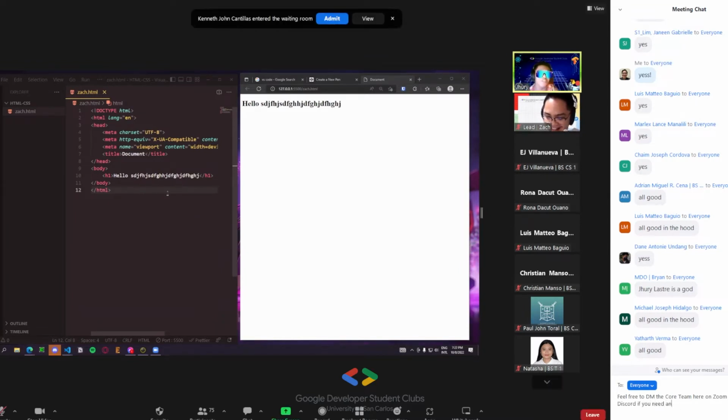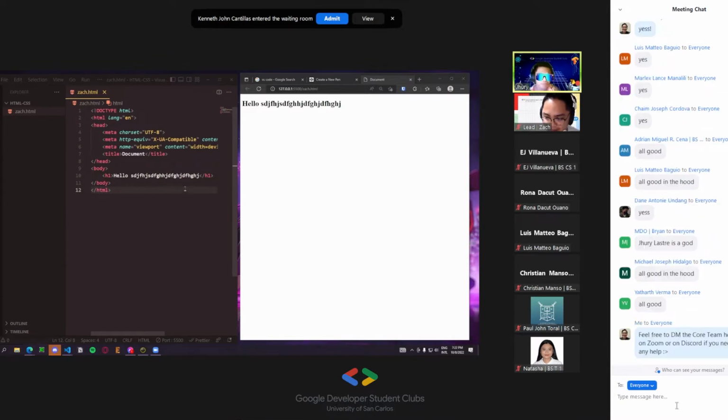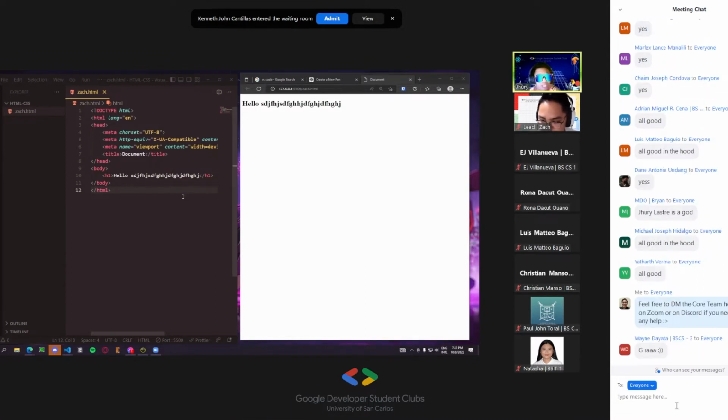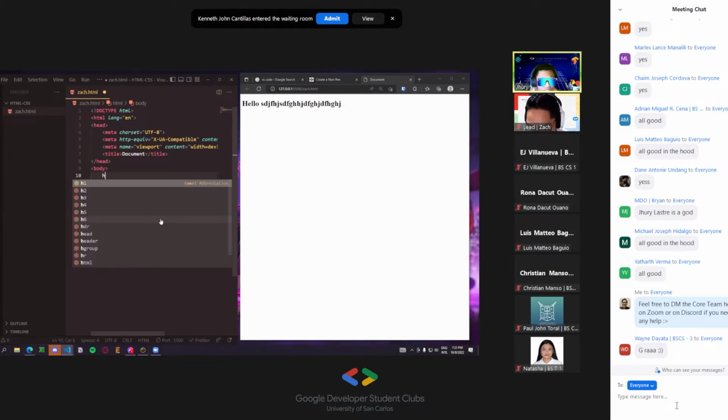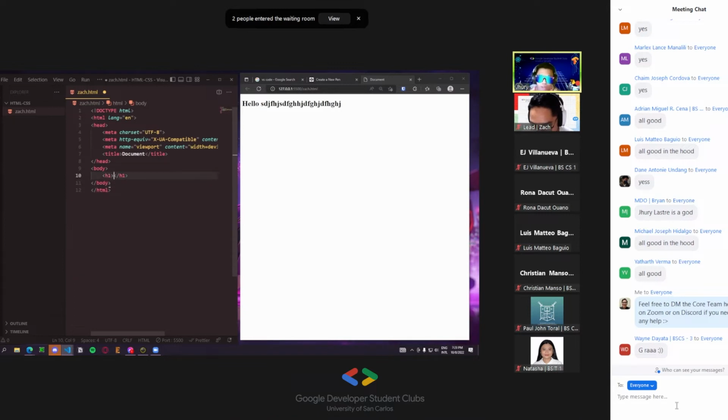Okay, so what we're going to be making is, let's say, a blog site, diba? Say blog site. So first, let's say element is the heading. That's basically like probably the most common element you can see. So headings has 6 types, H1 to H6. H1 being the biggest, H6 being the smallest. So I'm going to choose H1 and I'm going to name it,